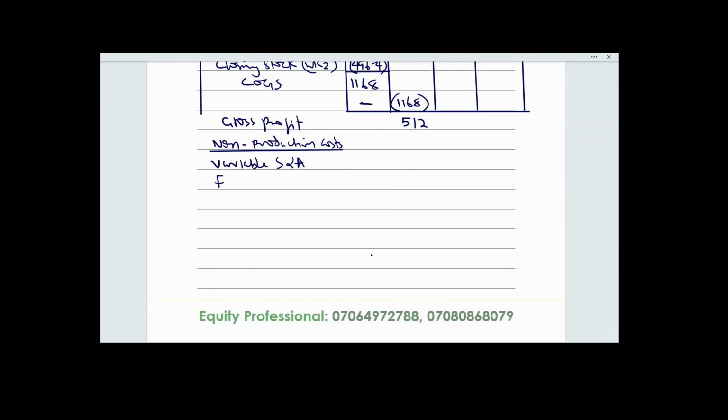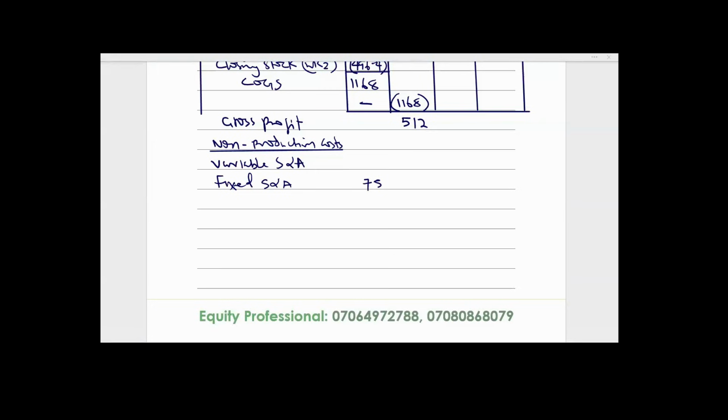We also have fixed selling and admin to be 75,000. The variable selling and admin, according to the question, we are told that is 50 kobo per